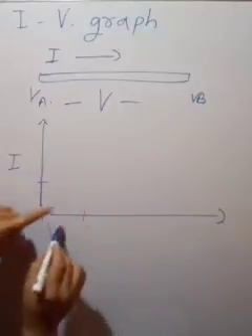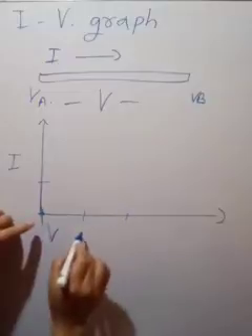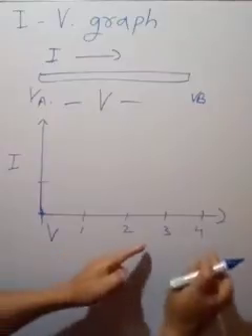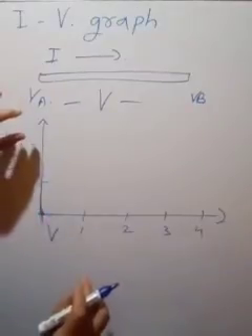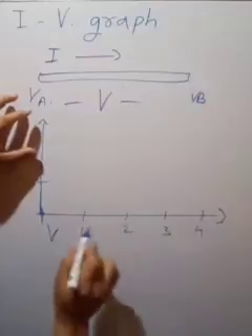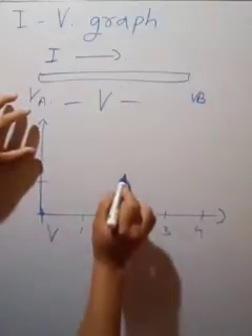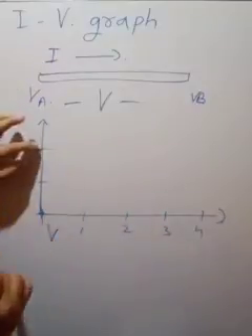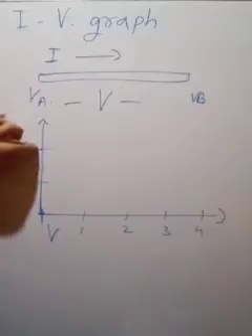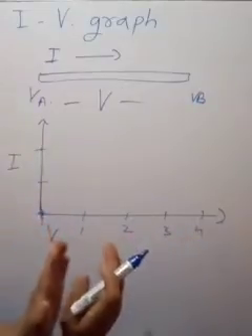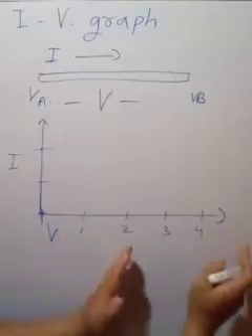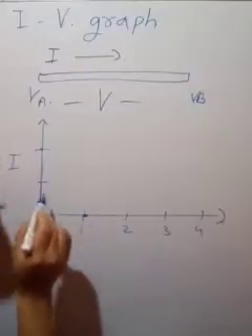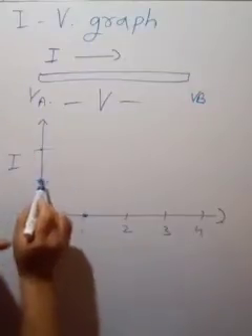If you increase the volt, so this is 1 volt, 2 volt, 3 volt, 4 volt, etc., the current also increases. Suppose at 2 volt the current reached up to this level. Finally, as you go on increasing the volt, the current also increases. Now when you intercept this amount of volt and amount of current on this graph,